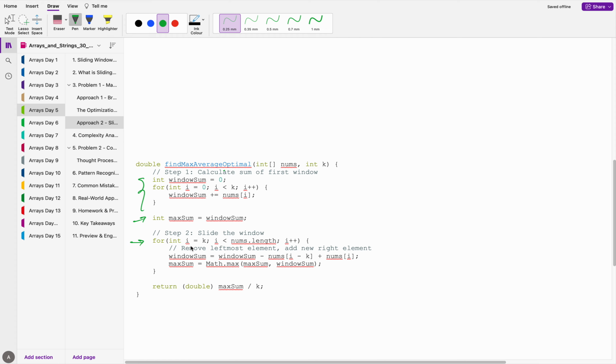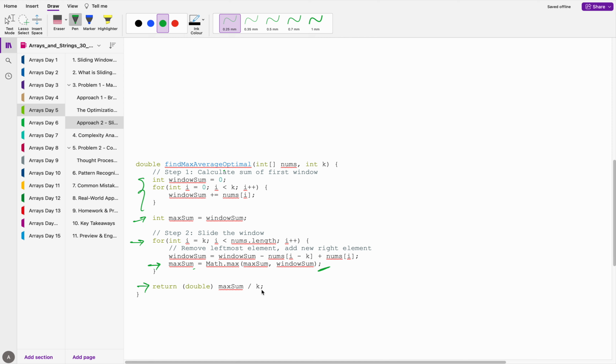Step 2, slide the window. So i is equals to k से हम start कर रहे हैं, i less than nums dot length, last item तक जा रहे हैं, then remove leftmost element and add the rightmost element. So window sum equals to window sum minus nums of i minus k and plus nums of i. Okay, then maxim is getting updated equals to Math.max of maxim comma window sum. That's all. And once you have calculated the maxim, at the end you can just directly return maxim divided by